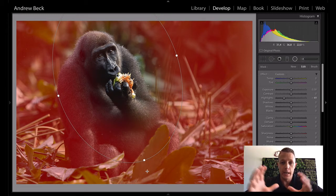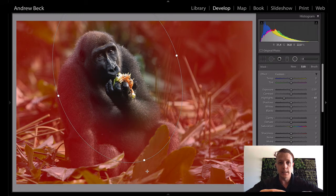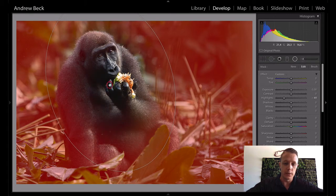You've got a lot of dark areas in the frame, and typically you're wanting to isolate your subject from the background, and you're wanting to preserve the detail in the subject, but areas outside of that you're really not too concerned about. And because we are shooting generally at higher ISOs, we've got a bit of noise to deal with as well. So what we're going to do, the radial filter, using O for overlay, we can decide to see